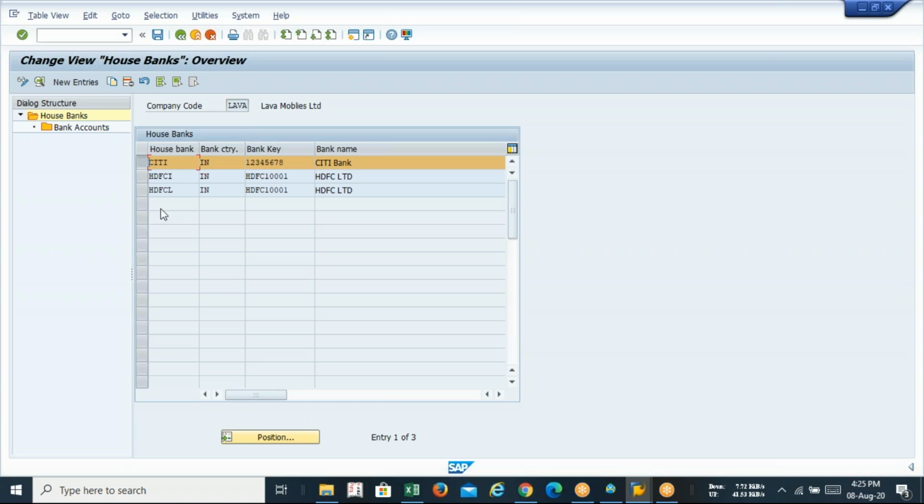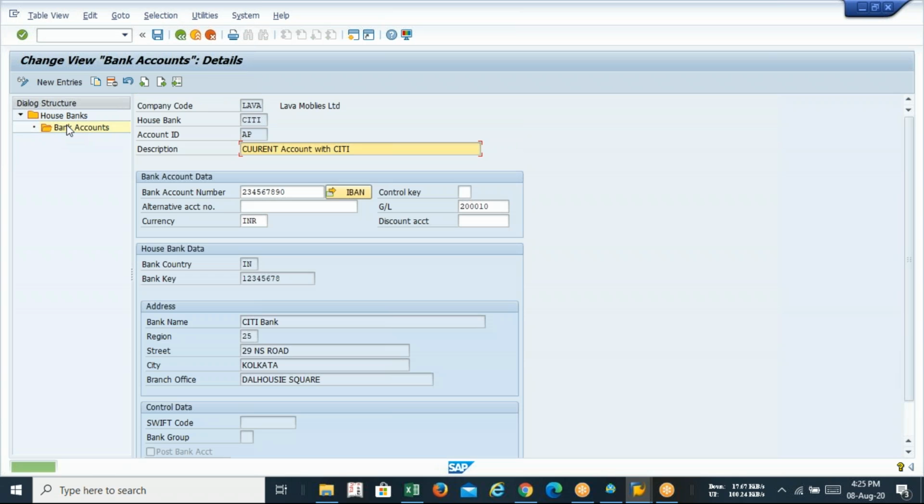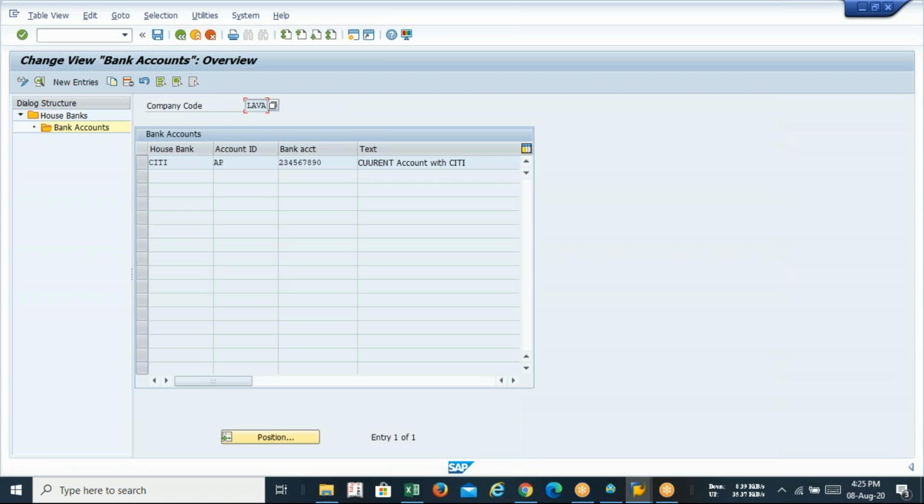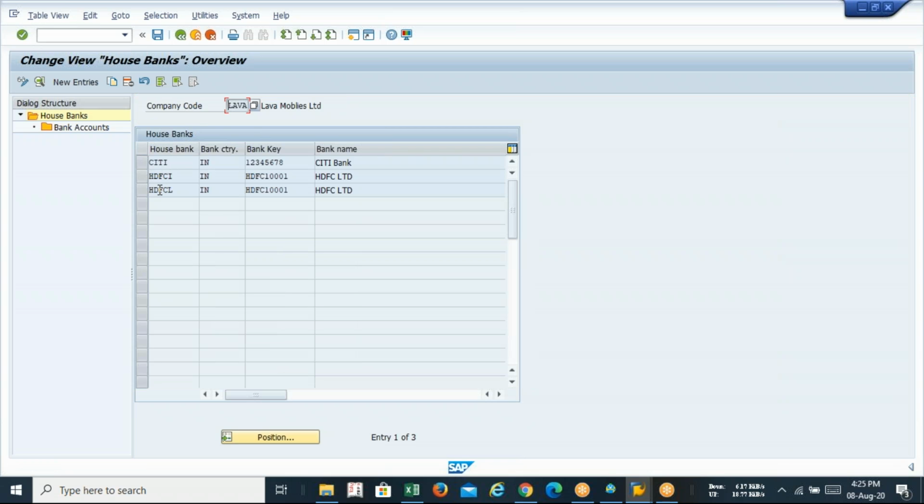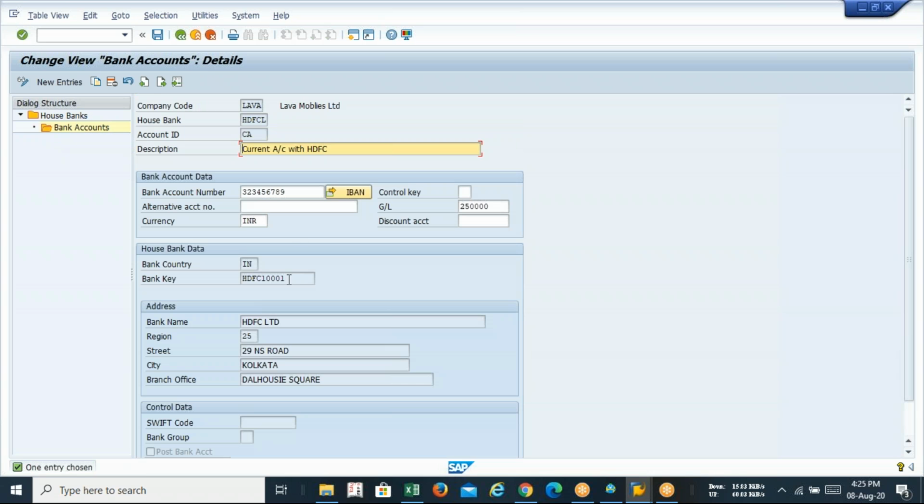If I'm clicking on the bank account, you will still get an option of GL change. But if I consider HDFC outgoing, for example, yes, you can change your GL and assign it.